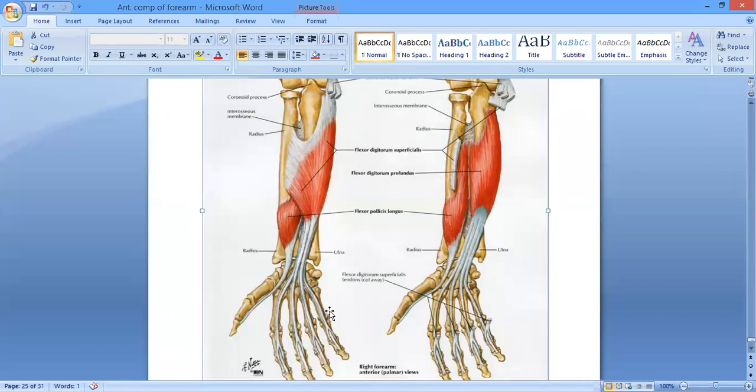Okay, so I told you before that it is considered the deeper muscle of the superficial group, or a separate muscle group, that is the intermediate muscle group. Now its origin: it has two heads of origin. It has the humero-ulnar head and the radial head. The humero-ulnar head comes from the humerus and also from the ulna. The humeral head comes from the common flexor origin, the medial epicondyle, and the ulnar head comes from the medial border of the coronoid process of the ulna. You can see the medial border of the coronoid process of the ulna.